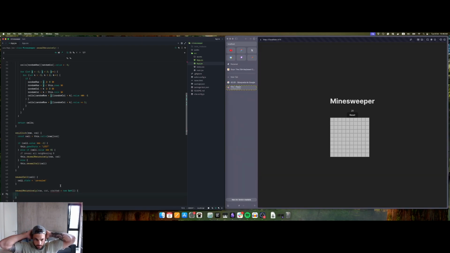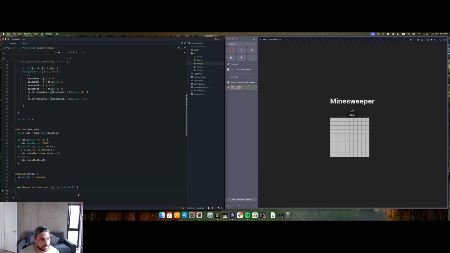Okay, so what do we need to do? Let's say this is a 0. We want to reveal everything up until a number that is not a 0. So for that, what we need to do is call this function recursively in each neighboring cell. And basically, okay, hold on. We're going to have,